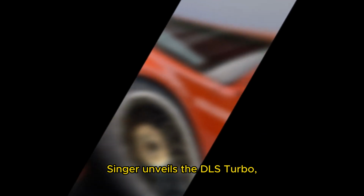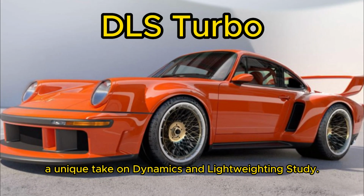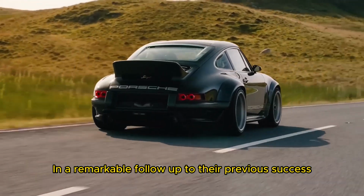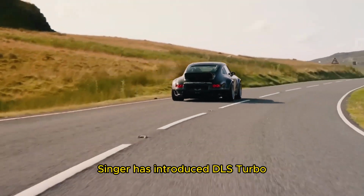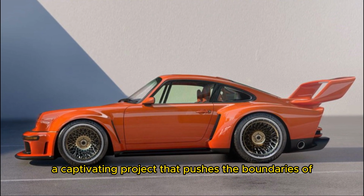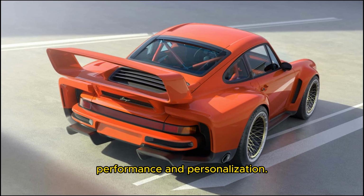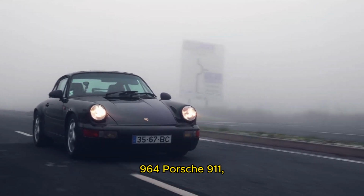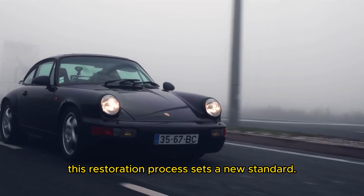Singer unveils DLS Turbo, a unique take on dynamics and lightweighting study. In a remarkable follow-up to their previous success, Singer has introduced DLS Turbo, a captivating project that pushes the boundaries of performance and personalization. Building upon the foundation of the iconic Type 964 Porsche 911, this restoration process sets a